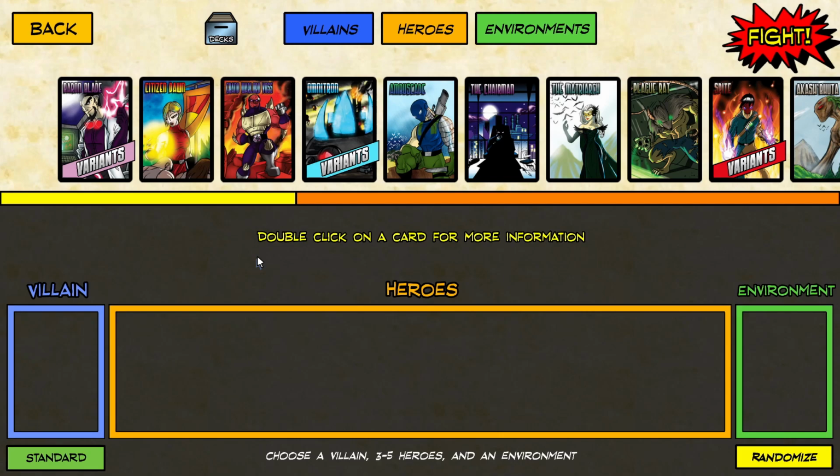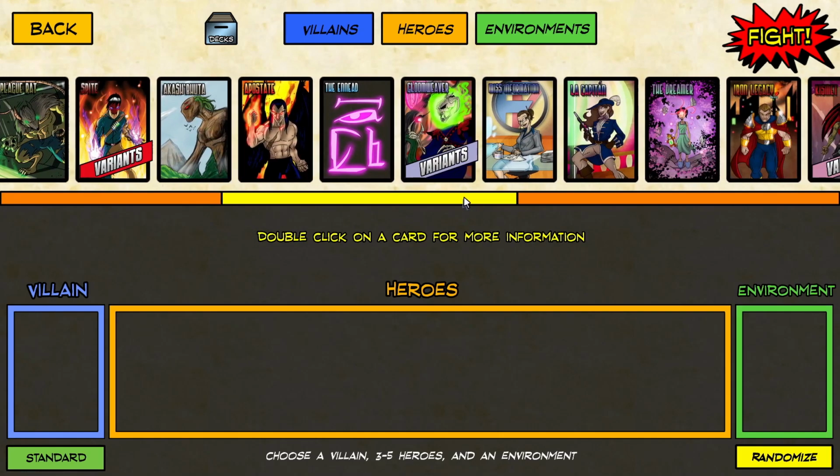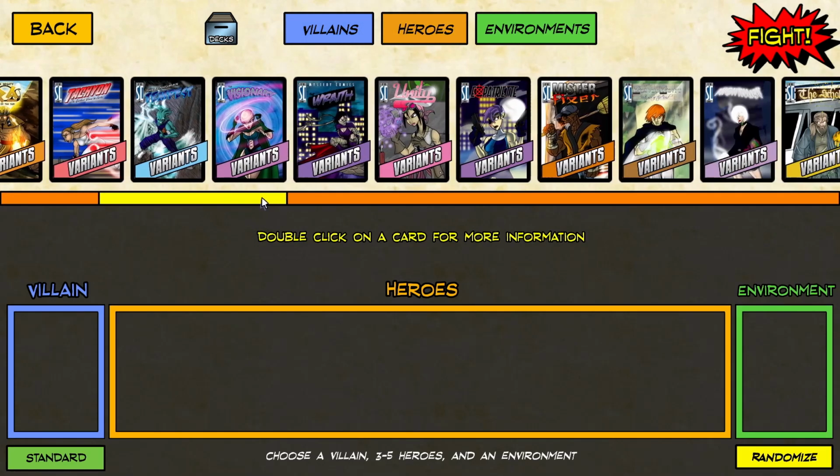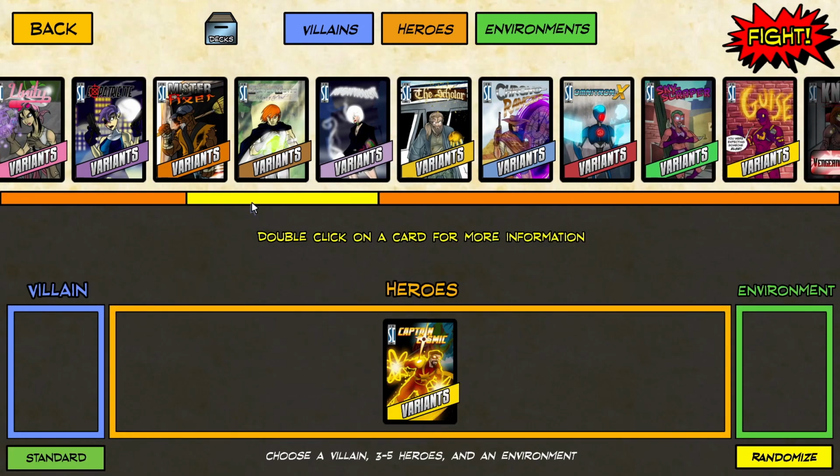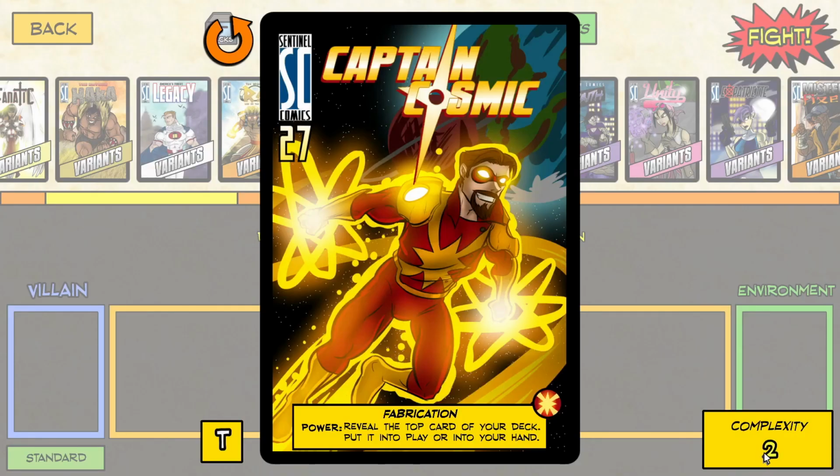I was thinking that we'd just been taking on the villains in alpha order. But that means that we've been taking on some of the highest difficulty villains right from the beginning with this new team that I'd never played before. I pretty much have played with all of them except for Captain Cosmic, and that's a unique kind of hero. So he's complexity 2,